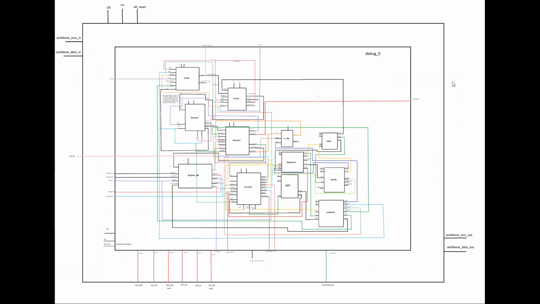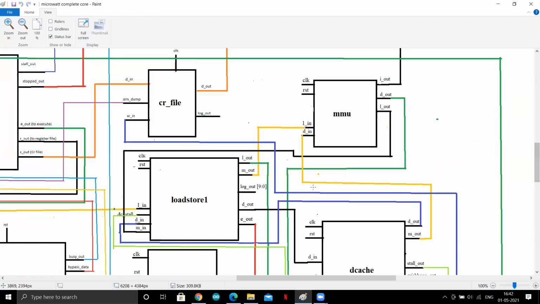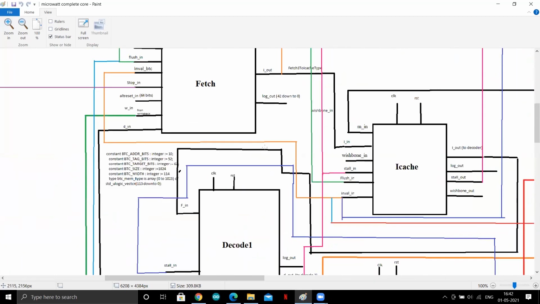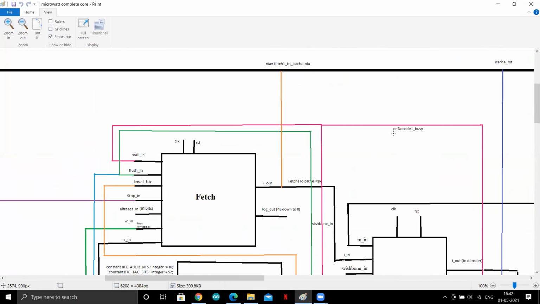For example, in fetch, we have this I_out, right? In the program, we didn't know that fetch1 to iCache is a structure. So we considered I_out as a single bit, and therefore we were having some difficulty getting the data flow. But now we got what error we were making, and what the structure and the data types included in the structure are.